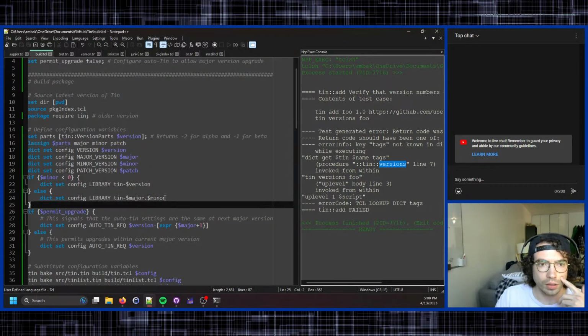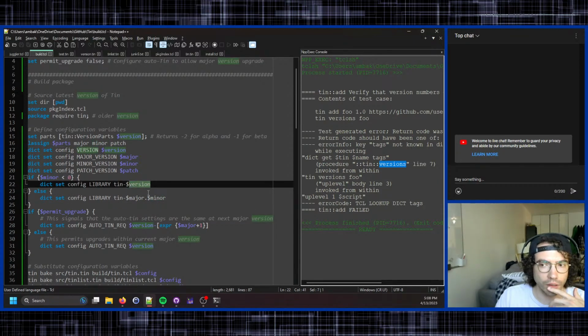This will ensure that any patches will just override those, unless it's an unstable minor patch, in which case